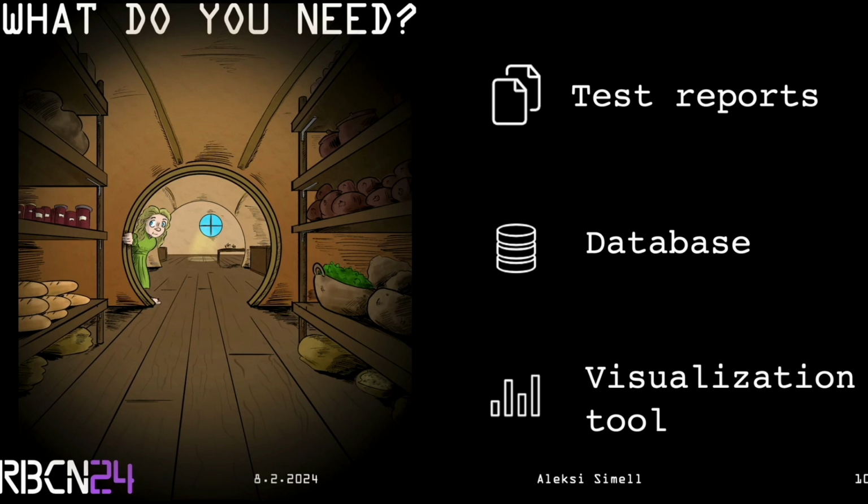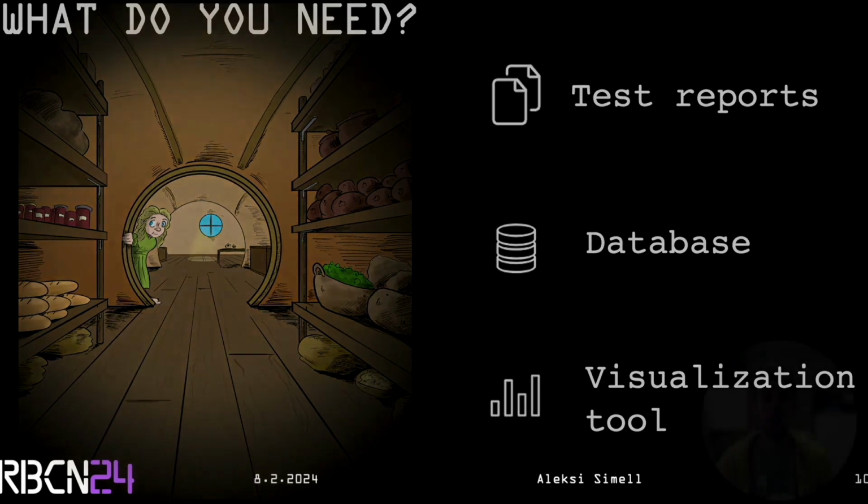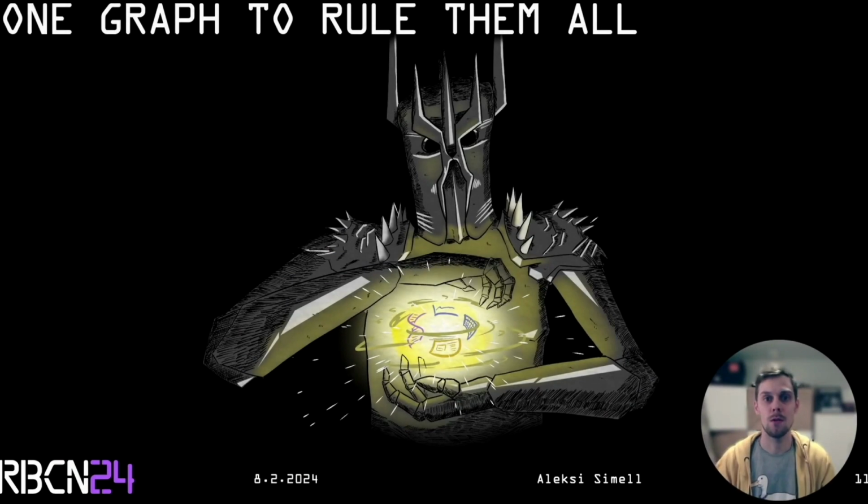And in the case of our hobbit, you don't want to present all your food at once. You actually need to present just the first course, the main course, or desserts at once. Because if you present all the information at once, the viewer will suffer from something called information overload, which basically means that you are presenting too much information so that they cannot understand what it is that they should be looking for. And of course, when talking about information overload, the best example is obviously Sauron, Lord of Middle-earth.